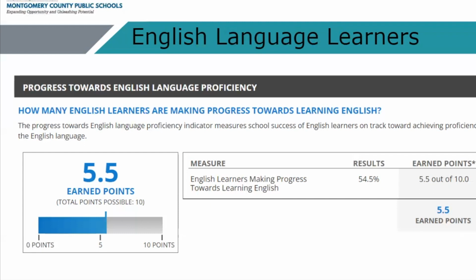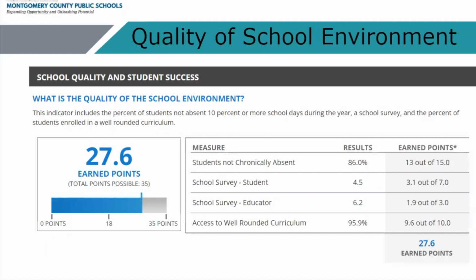So next slide, please. And then this one is quality of school environment. We have a good number of points here. We're doing well in a number of categories, but I also want to show some things about how measures, or things that your students are currently doing, come back to the school to inform this report card. One thing we have to look at is chronically absent students. Chronically absent students are any students that have absent rates over 10%.